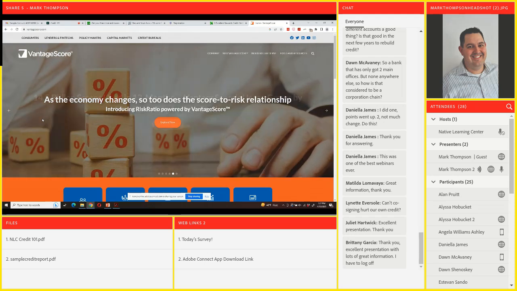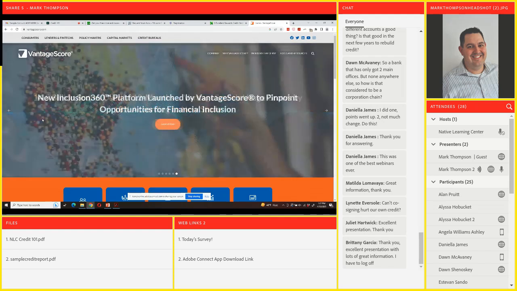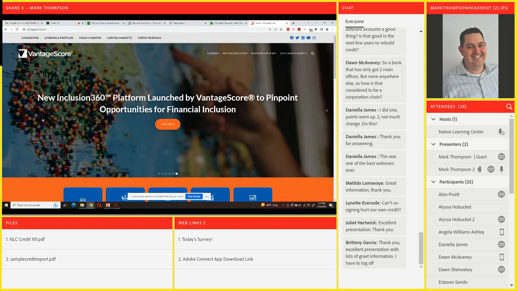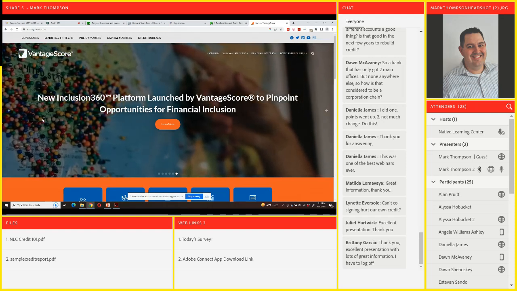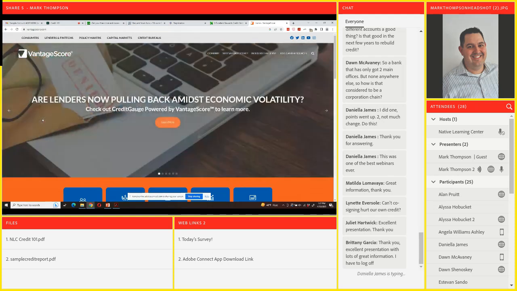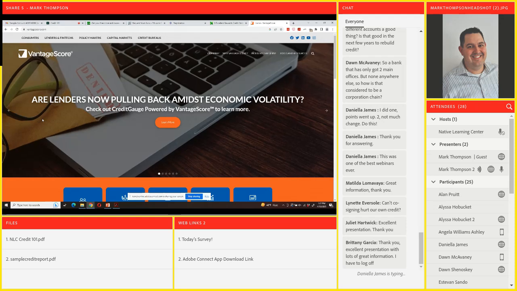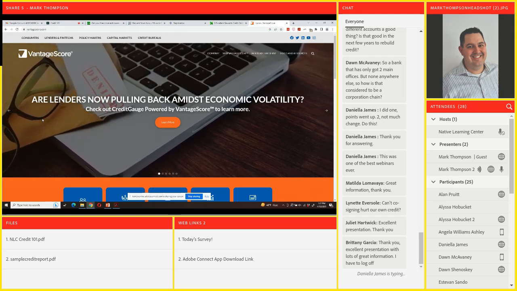Can't co-signing hurt our own credit? Really, co-signing will hurt your own credit if the person that you signed for doesn't pay. There is the potential that it would hurt your credit, obviously, if a hard inquiry is pulled. So there's a little hit, but in the grand scheme of things, that's generally going to be minor. Really, the hurt to your own credit from co-signing will be from somebody not paying.